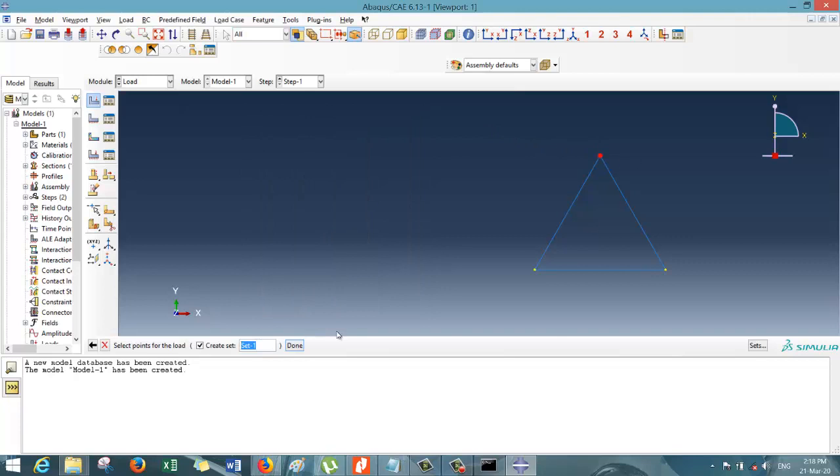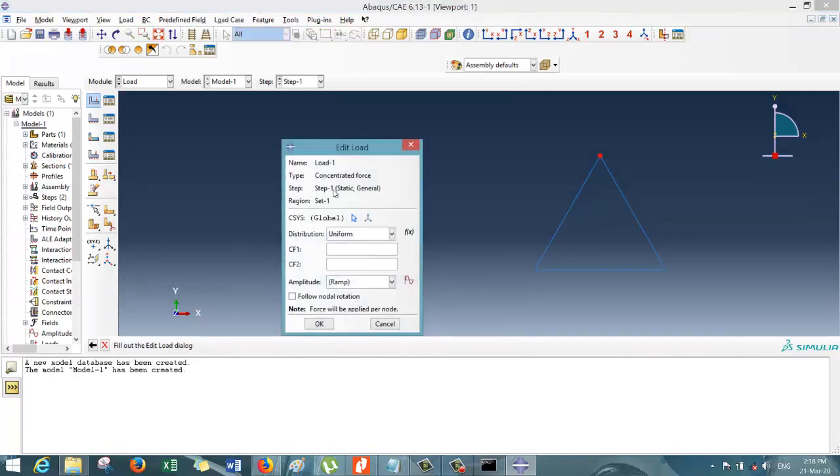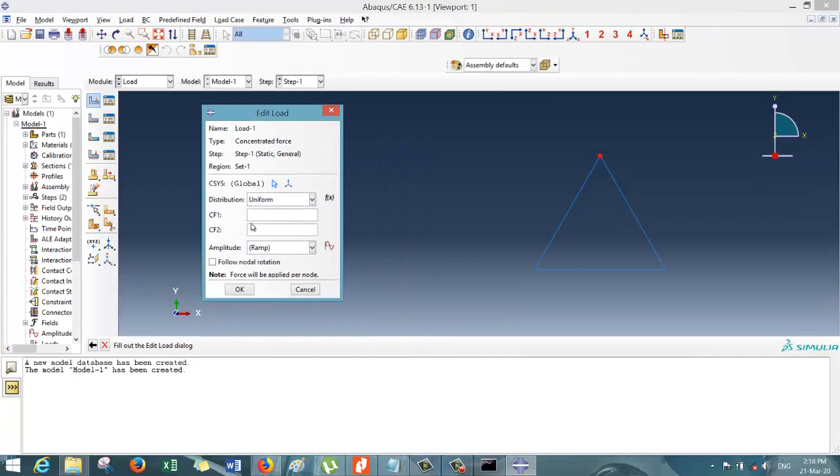Select this particular point, click on done. In this box it is asking the value of forces or the magnitude of forces. The force should act along the positive x direction. So we have to specify the load in the CF1, component force 1, and the value is 10,000. CF2 means the component force along y direction. It is actually 0. So we don't need to specify over here. So only CF1 is enough. So click on OK.